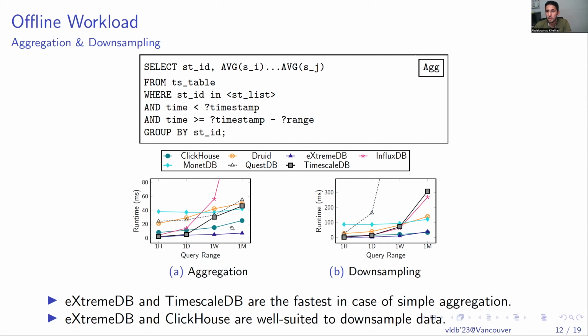ExtremeDB, here again, is able to perform efficiently for the downsampling query because it only manipulates the timestamps and is able to perform a series of aggregations efficiently thanks to its sequence-like format with very few reads. And ClickHouse performs efficiently for highly selective queries thanks to its parallelization capabilities, as well as its sparse indexing method that outputs a series of rows in bulk instead of returning rows individually. This makes it particularly efficient for queries with a high selectivity.